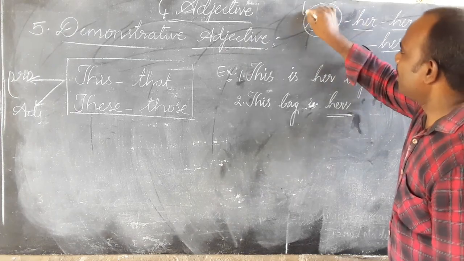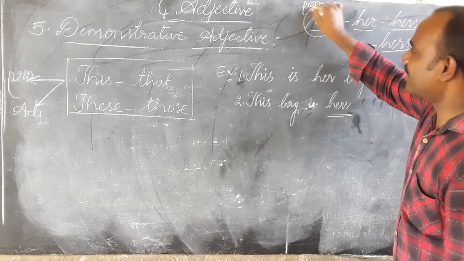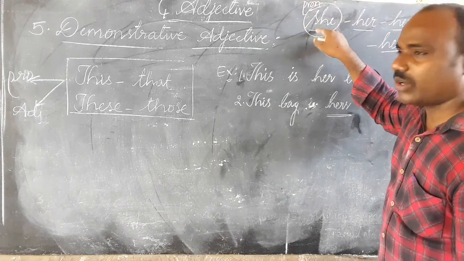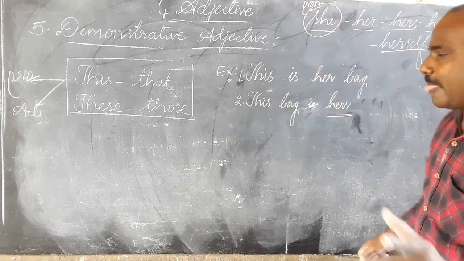She can be a pronoun. What kind of pronoun is it? It is a subjective pronoun. Subjective pronoun means that it is always used in the beginning of a sentence. And second one,